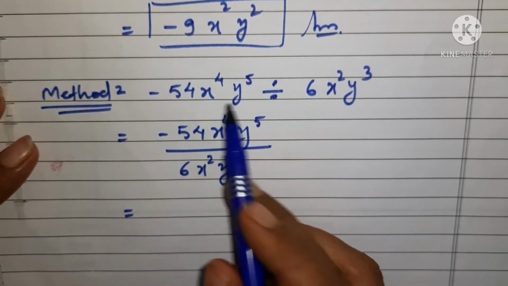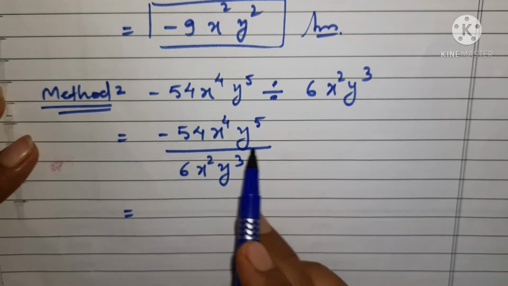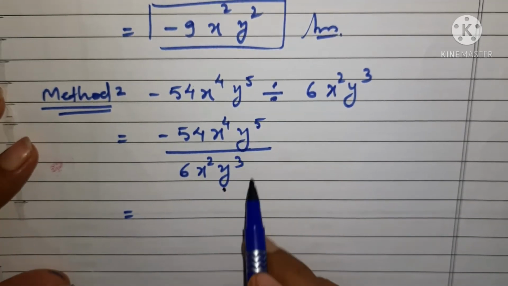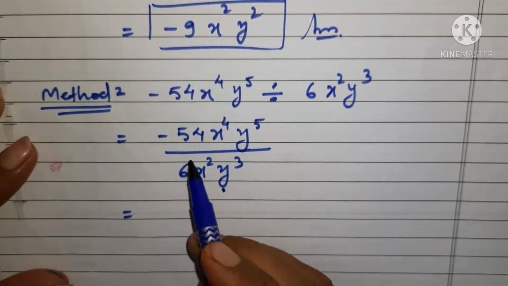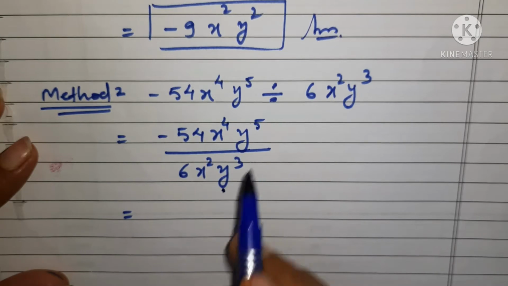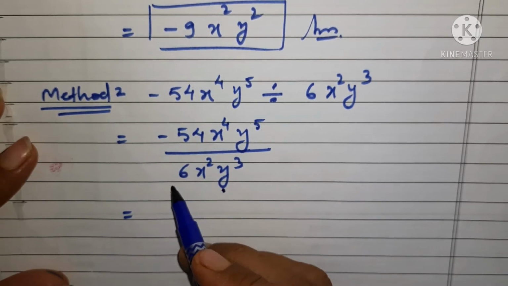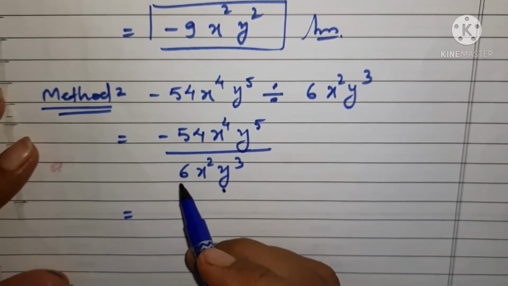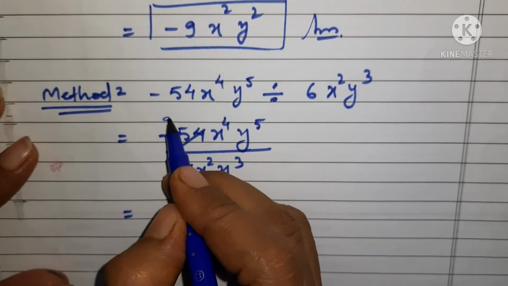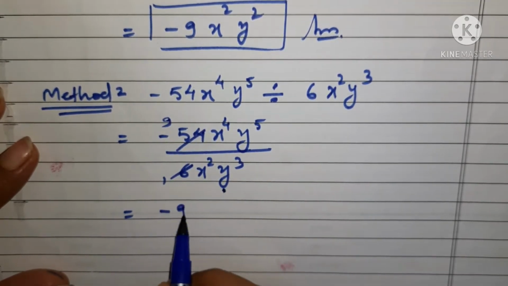तो यहाँ क्या किया हमने, डिविडेंड को हमने न्यूमरेटर में लिखा, डिवाइज़र को डिनोमिनेटर में लिख दिया, यानी फ्रैक्शन फॉर्म में लिख दिया. इसके बाद हम वापस से क्या करेंगे, अभी हम इसमें एक्सपैंड नहीं करेंगे, without expansion will just cancel out the numerical coefficients. Cancel out means we will divide the numerical coefficients. So you will get what, 6 1 times and 6 9 times, right? So we'll write here -9.